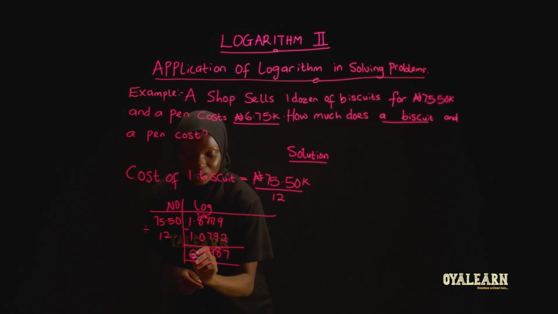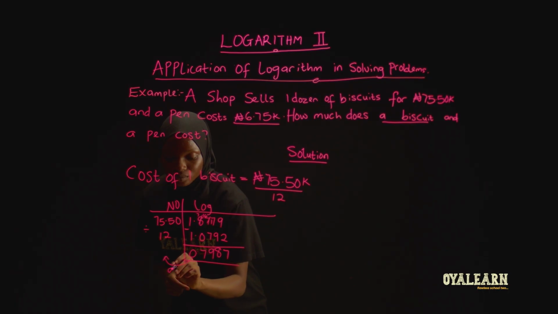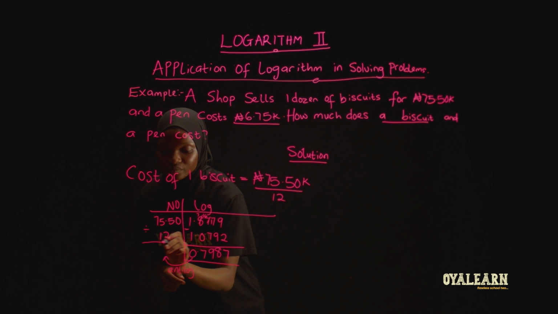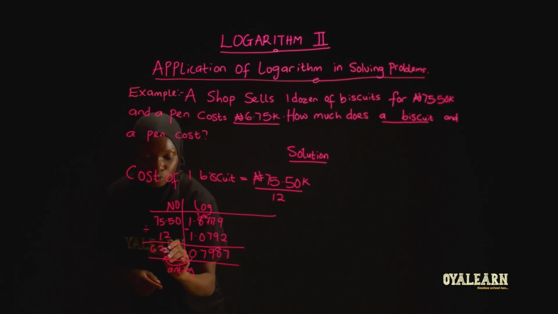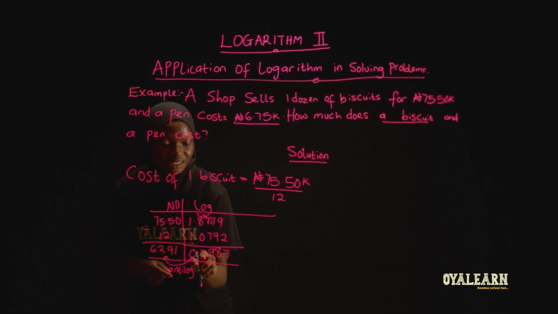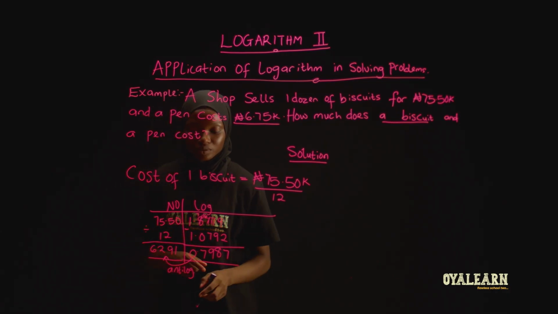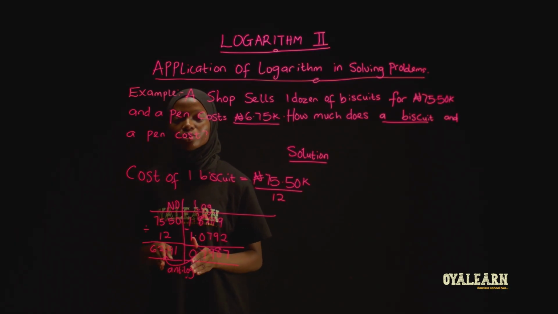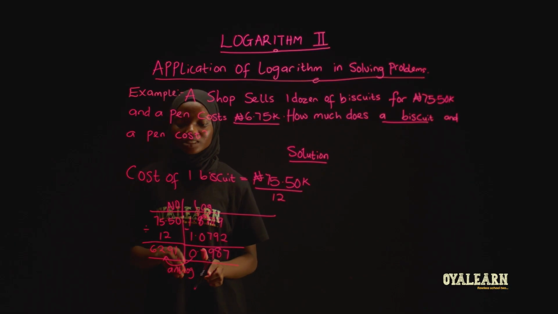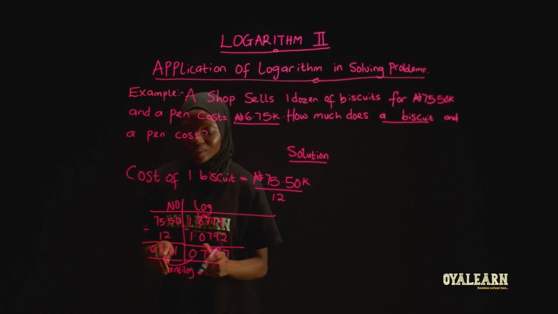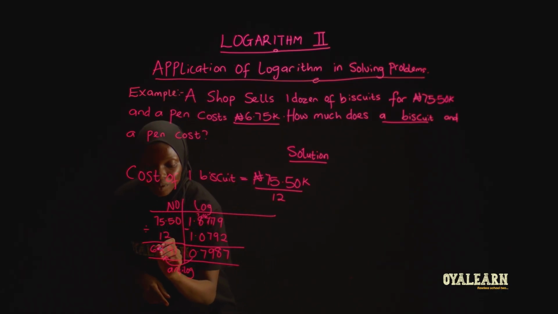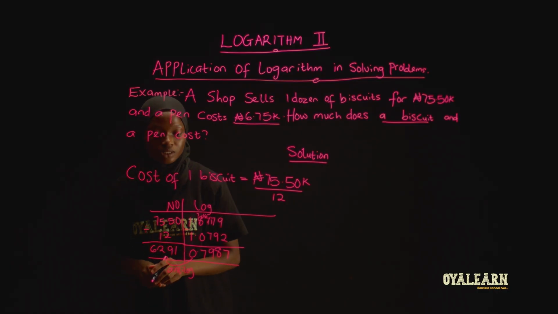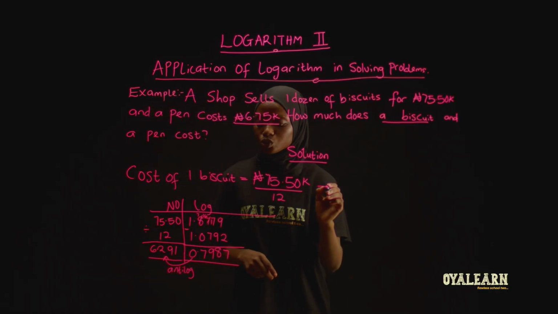And here, we take the antilog, which gives 6291 by taking 79 under 8 difference 7. Now here we have 0 as the integer, which determines where to place our decimal point. So here we place our decimal point after the first digit. So here this is equal to